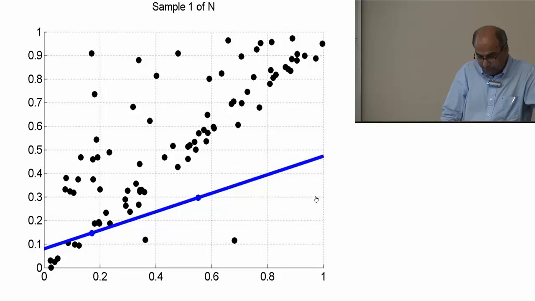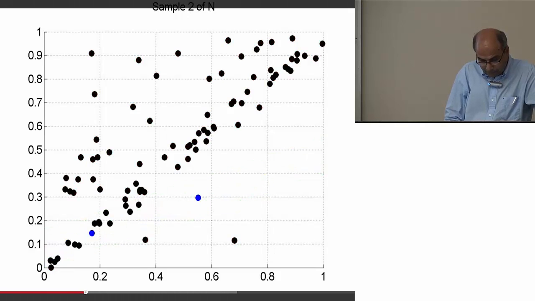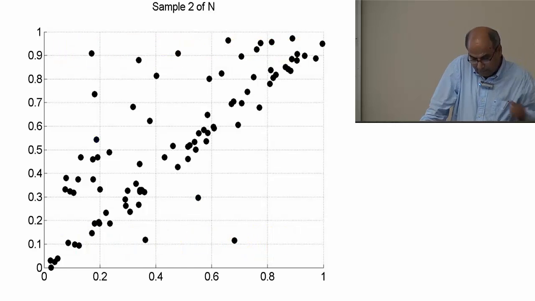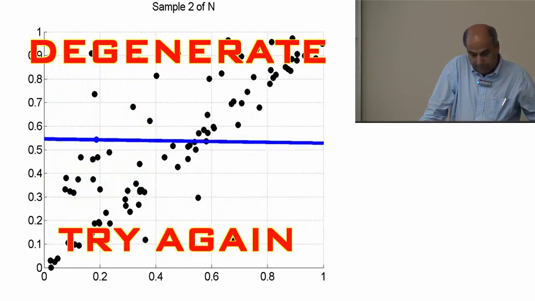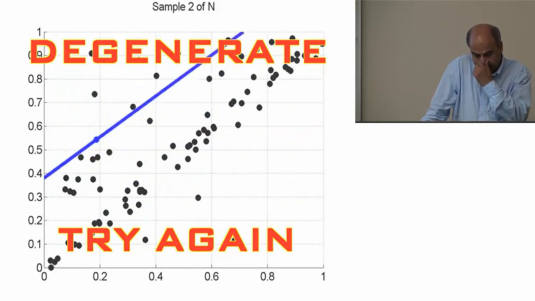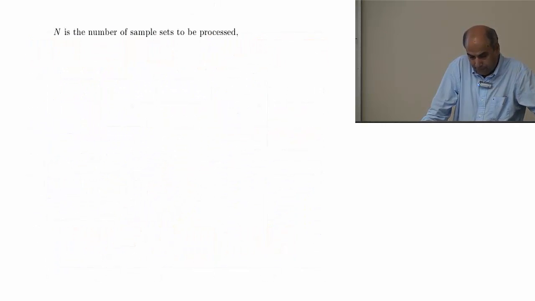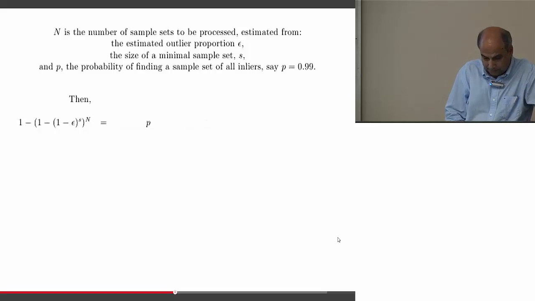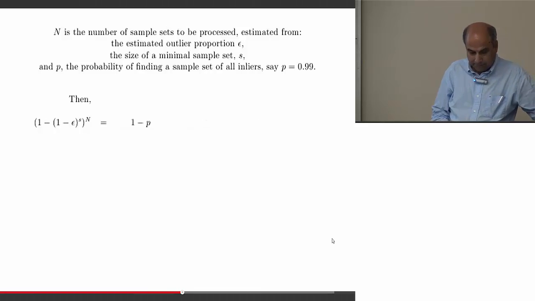Each random false would have its own unique sample set. Each random false would have its own unique sample set. And make sure that the sets you choose are not degenerate. And make sure that the sets you choose are not degenerate. And the number of sets to choose is based on probability. And the number of sets to choose is based on probability. Updating n as you go minimize such that it's not updating n as you go we minimize. So if you gamble, so if you gamble,